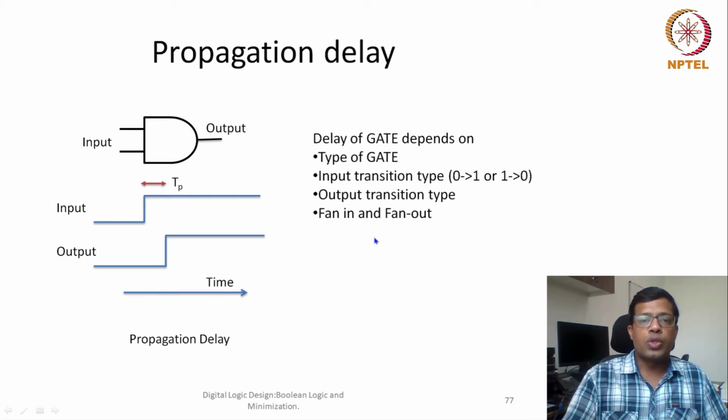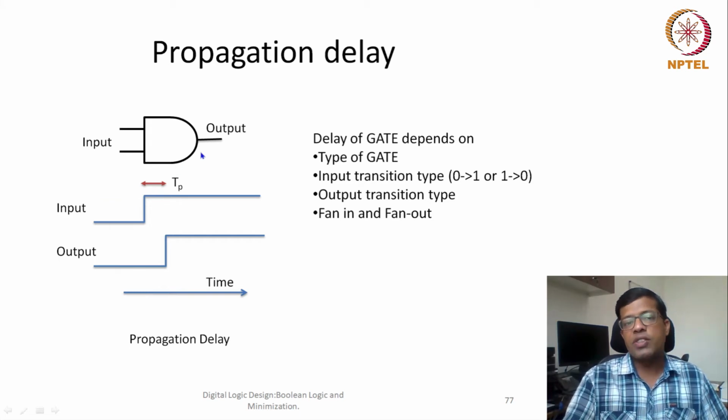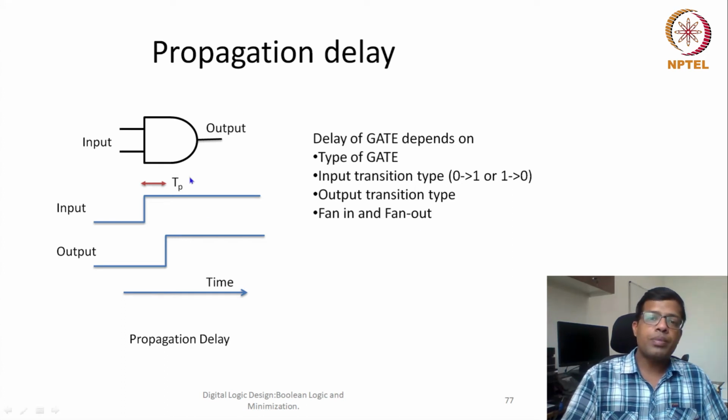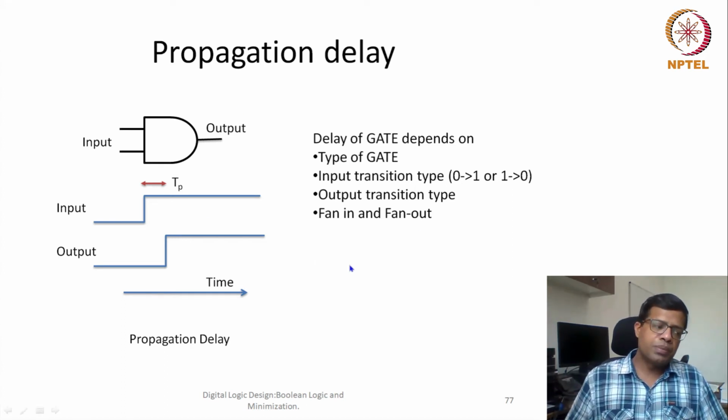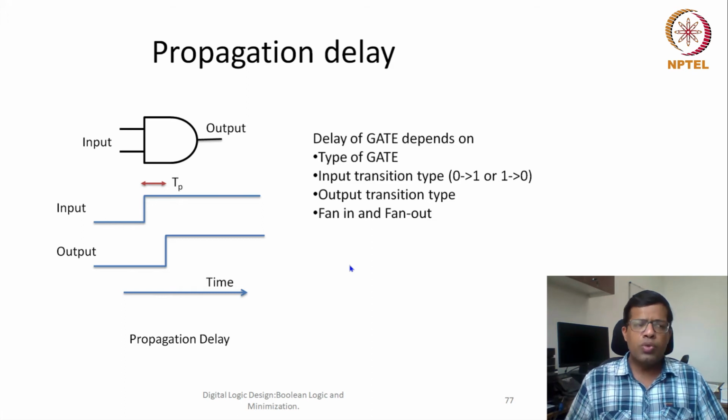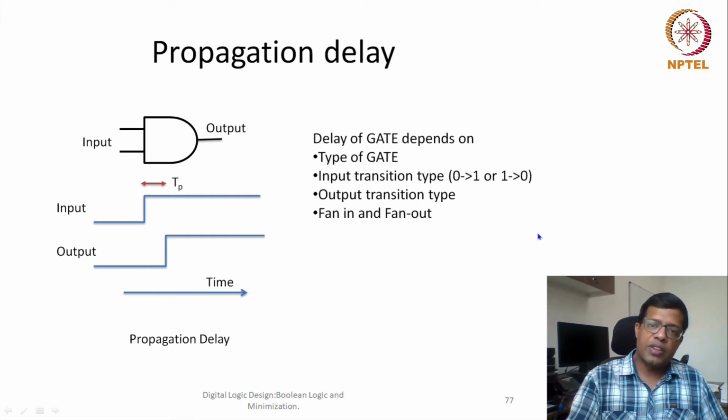And of course, for example for this AND gate, if the number of inputs changes, then the delay will also change. If this output, instead of going to one particular gate, goes to 10 other gates, then the delay may also be different. So with all this uncertainty, how do we model a delay and how do we optimize at the logic level, where we don't know about fan-ins and fan-outs, these technology factors?